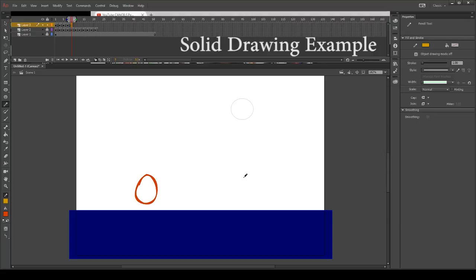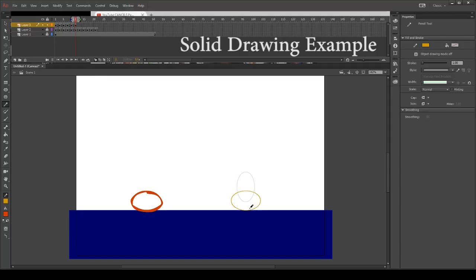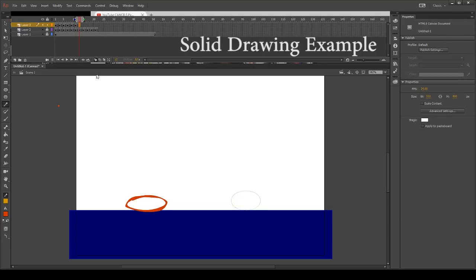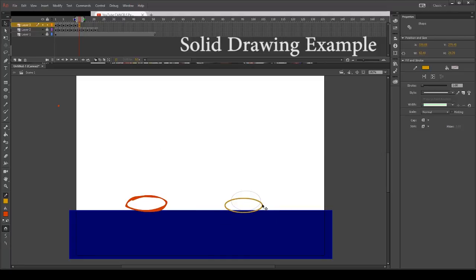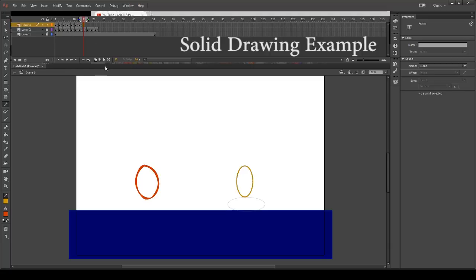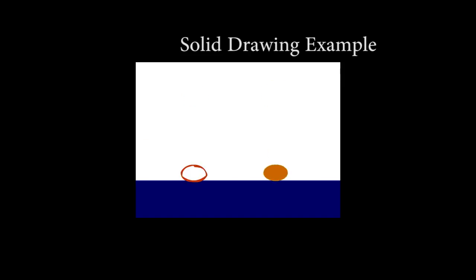Okay, for solid drawing, I have this video of myself showing two ways of doing a bouncing ball. This is a looping bouncing ball in place. If you look on the left of your screen, I used just a simple brush. I didn't care how I drew the circle, I just drew the circle. And on the right-hand side of your screen, I used the pencil tool, and the line is very clean, very crisp. And when I play this video, you'll be able to see